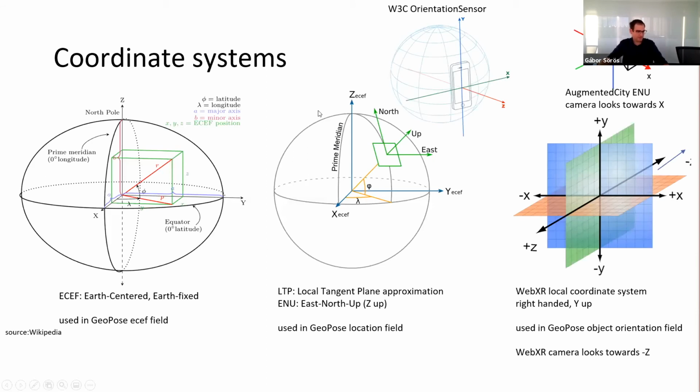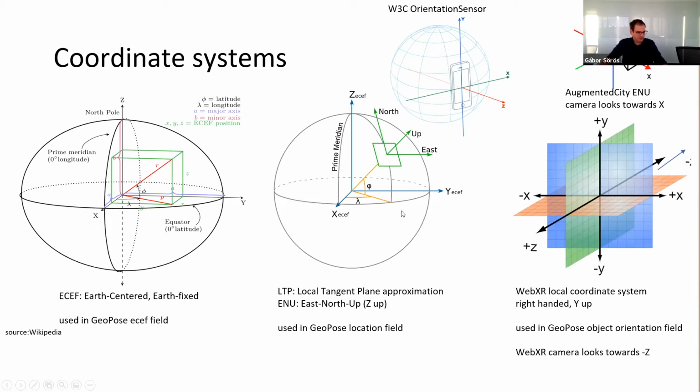Then there's quite a bit of math around the different coordinate systems used. So in the OSCP, you can use Earth-centered Earth-fixed coordinate systems. This was the one that originally Augmented City implemented. This has the origin in the middle of the Earth, and these are the coordinate axes.